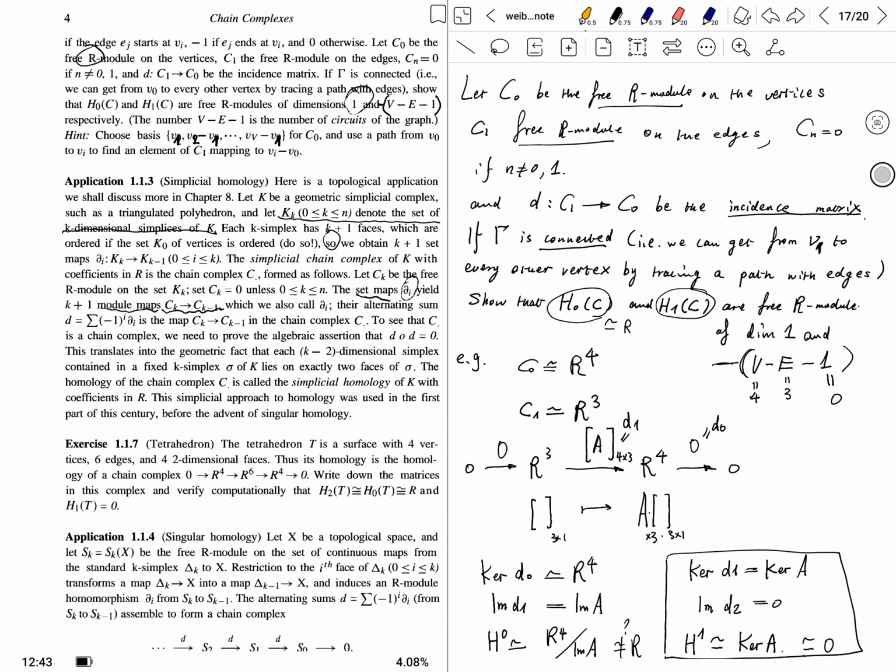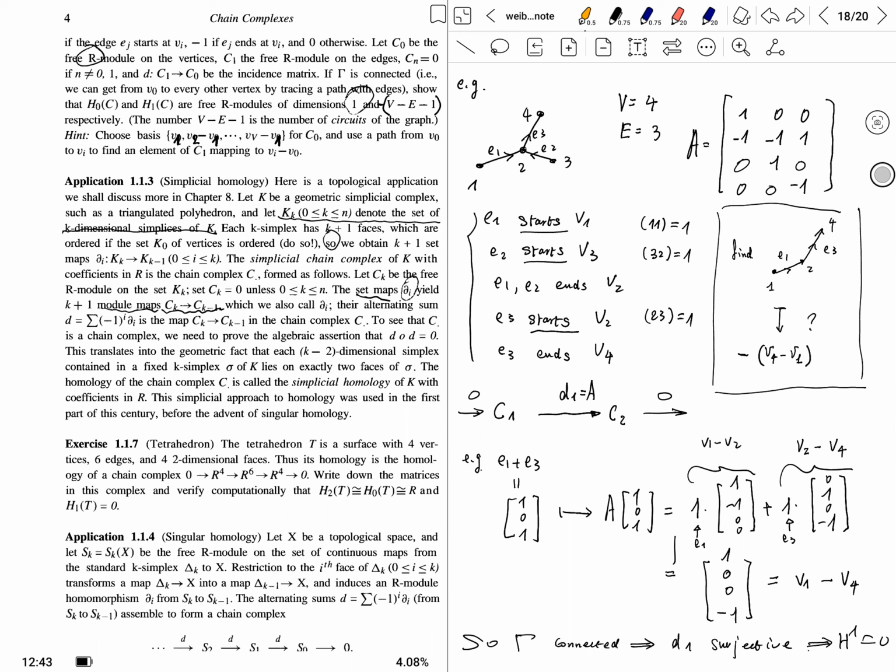So in our case, you have to understand what H1 is. You look here, this is degree 1, this is degree 0, right? You look at here, this is degree 1. So you have to look at the kernel of D1, quotient by the image of 0, so it's just the kernel of D1. And in our case, the kernel of D1 is 0. Why is the kernel of D1 0? Because, as we just discussed,